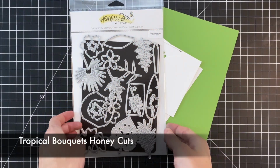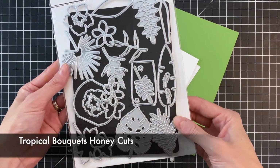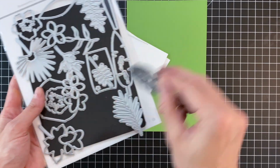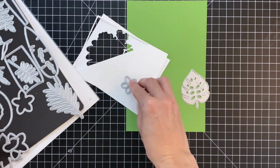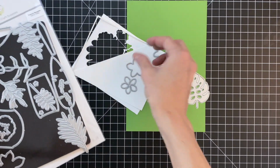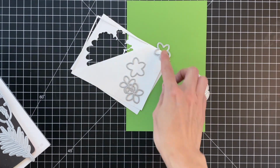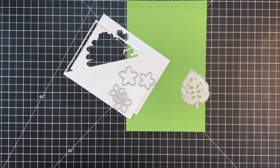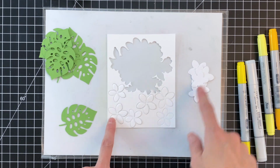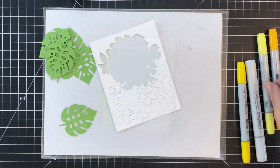I'm going to start my project with the Tropical Bouquet Honey Cut set. As you can see, the set comes with a ton of leaves and flowers. I'm actually only going to use one leaf today and a pair of flowers. Now these flowers have a base and kind of like a detail layer or a top layer, so I'm going to pull off both those to create the larger and the smaller flower in that set. So I went ahead and die cut several of those leaves and the flowers out,